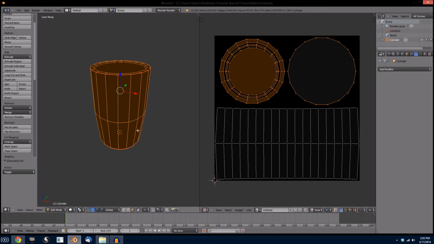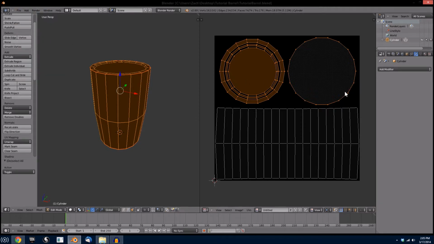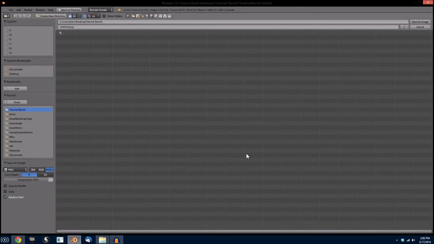Alright, so now comes the interesting portion. Before I go any farther, I am going to go ahead and save. Now comes actually texturing the object itself. There are a few different ways to do this. We can edit this image in an external editor. In order to do so, you would just save as image. Let's go to my desktop, tutorial barrel, and we want it to be